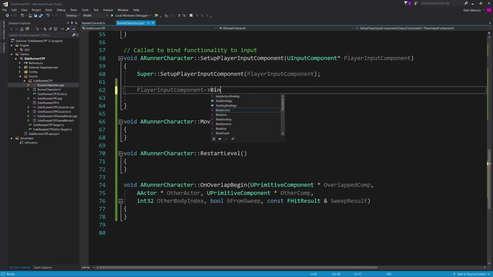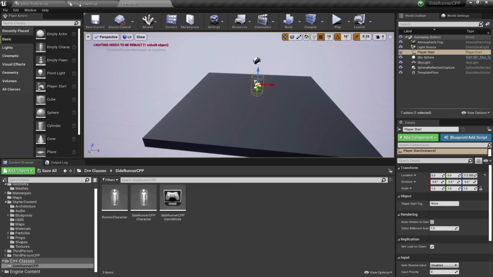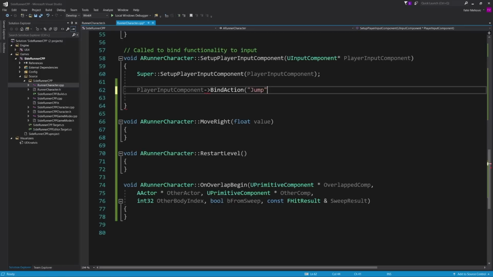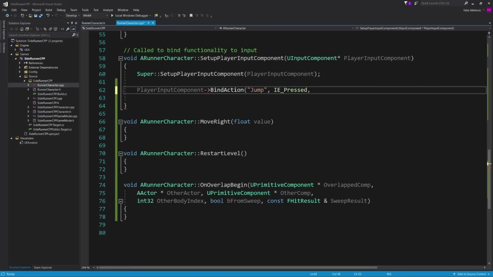So I'm going to say over here, bind action. And I'm going to bind the jump action. Where do I have this jump action? Well, the jump action is over here. If I go into the project, here it is, action mappings, and this is the jump action. So this name needs to match up with the name that we specify over here. So bind that to, and of course, because this is an action, we can press it and release it. So I'm going to say IE pressed. Basically, what do we want to do when we press the jump button? Well, over here, we're going to bind it, passing this as well. And over here, a character